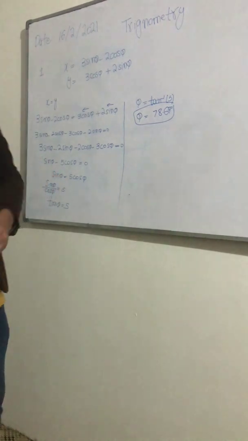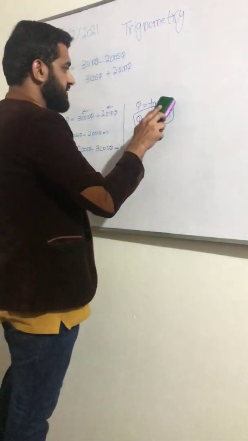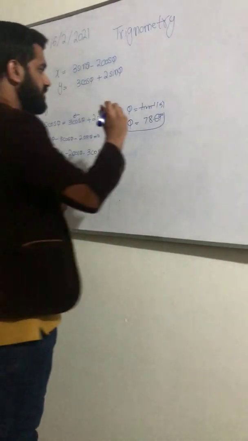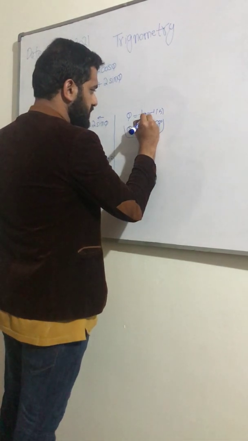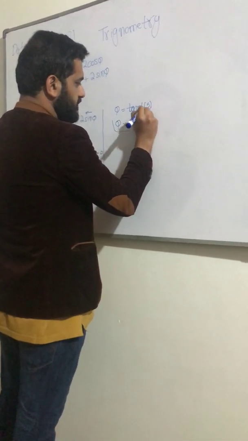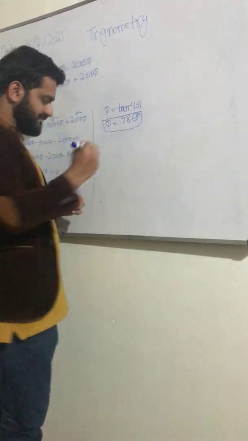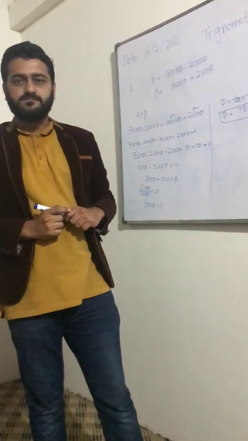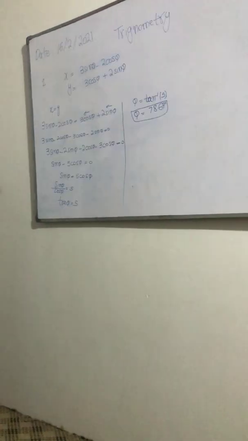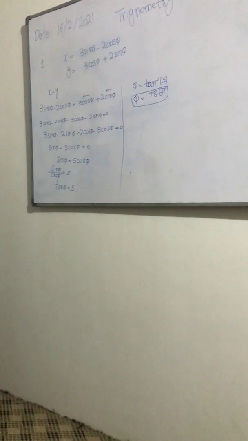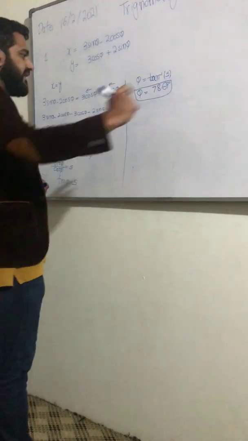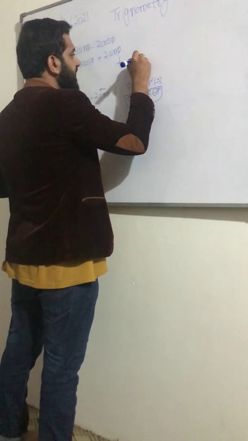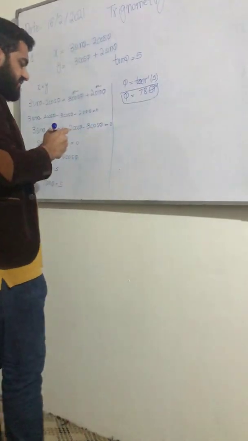And what do you think, guys? Is it the final answer? How many of you think that it is the final answer? Yes, you're right. It's not the final answer. We have to do some further steps, and what's the reason behind that? The reason is that tan theta was basically equal to 5. It means that tan theta was positive.